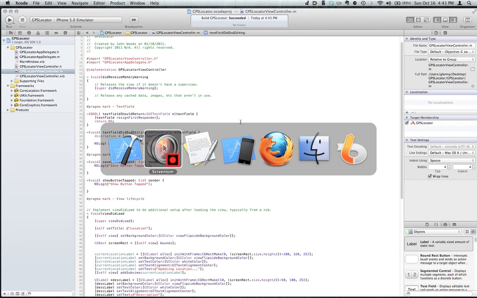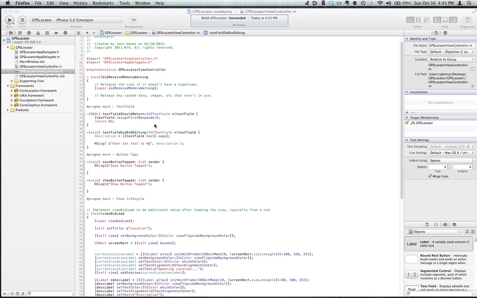Hi and welcome back to part two of the Waypoint database tutorial. So as we discussed at the end of the last part of the tutorial, what we're going to do now